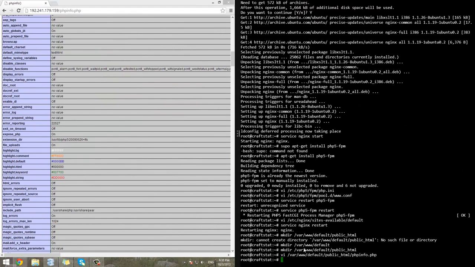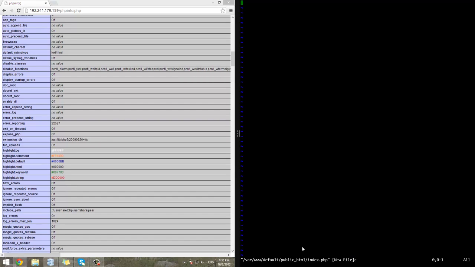Let's actually go over one more thing. Let's go to vi var www default public underscore HTML and index.php. No, let's just add PHP tags here, and let's go down, echo, and maybe echo test or welcome. Okay, let's actually get out of PHP now and go down and go to HTML,